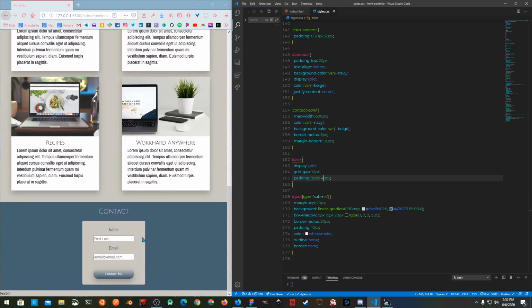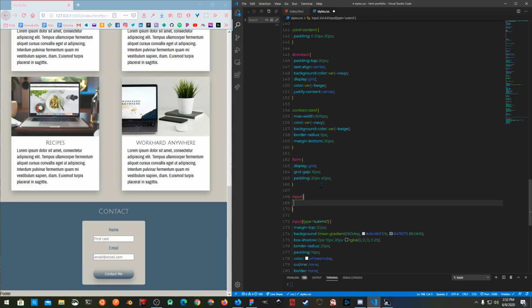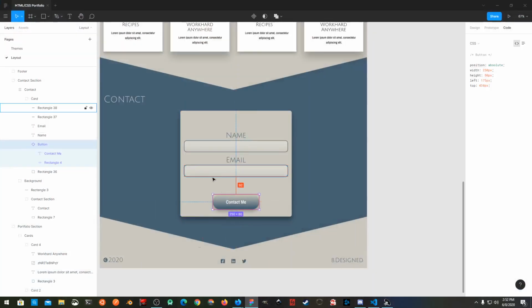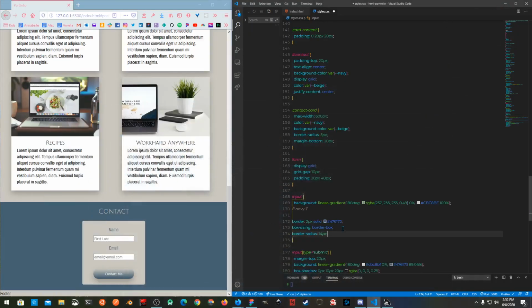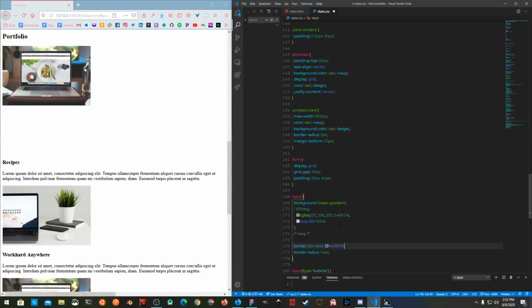Here's our contact, and I'm actually going to style these inputs real quick. Type, actually just see if input will work. And we're going to do, I need to get my background color, this linear gradient, copy. I don't need that box radius, but we can take the border box,